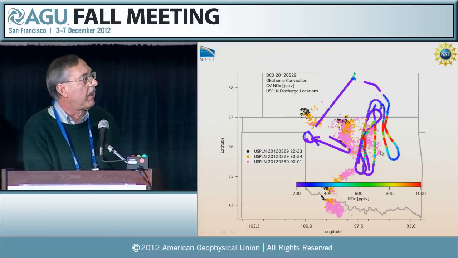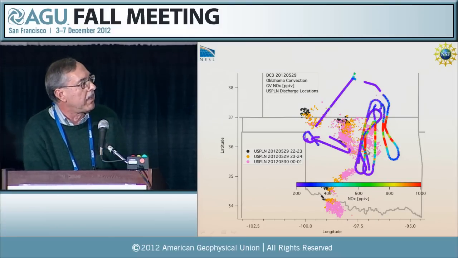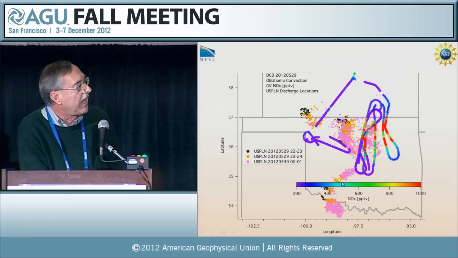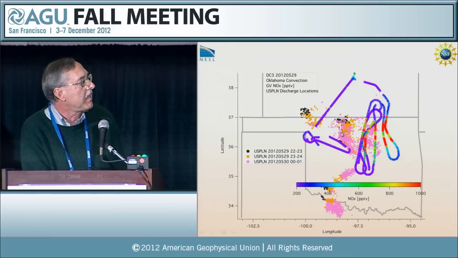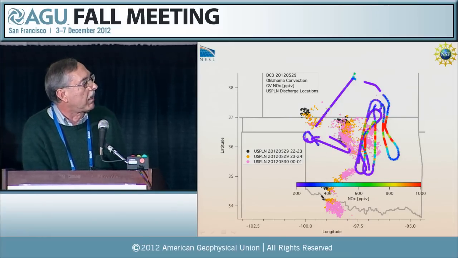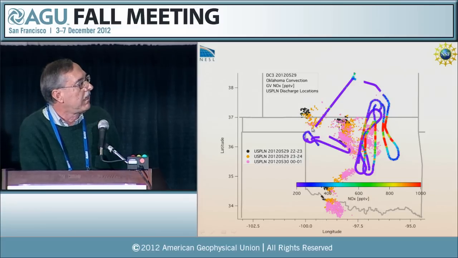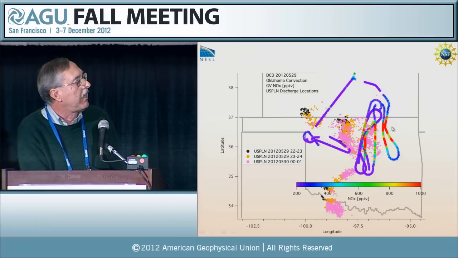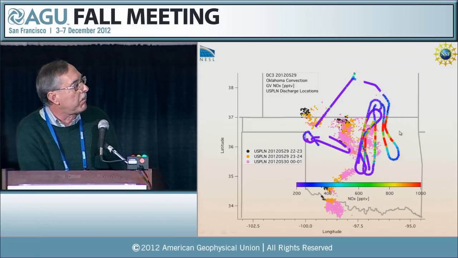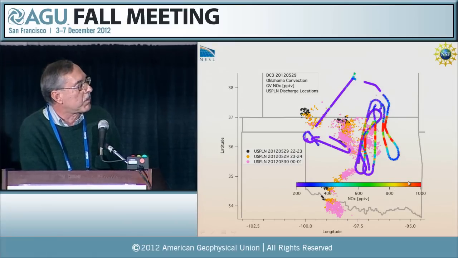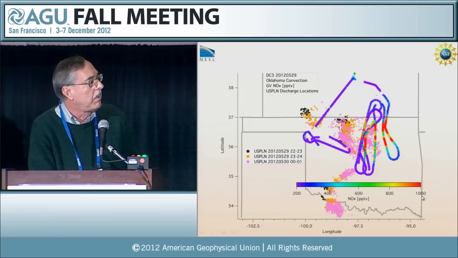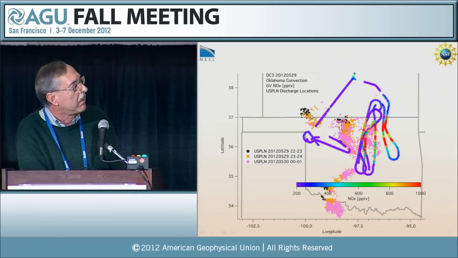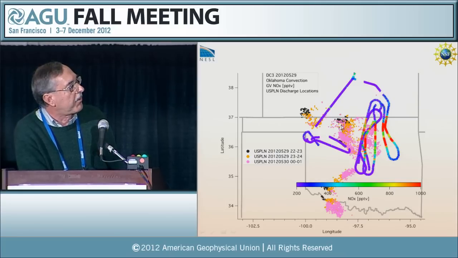And this was a major event that's being studied by several of the DC3 project team. And all these dots are flashes that were detected by the USPLN lightning network at various times. The older flashes are in black, the mid-range is in orange, and the newer ones are in pink. And you can see that right here is where the maximum NOx measurements were made. Here, measurements were in the range of about 800 to 1,000 parts per trillion of NOx. And this seems to be right downwind of some of this major lightning activity that was occurring through this region right here.